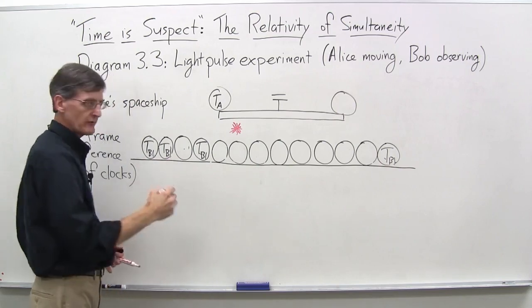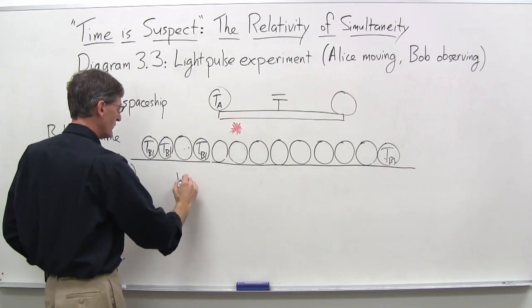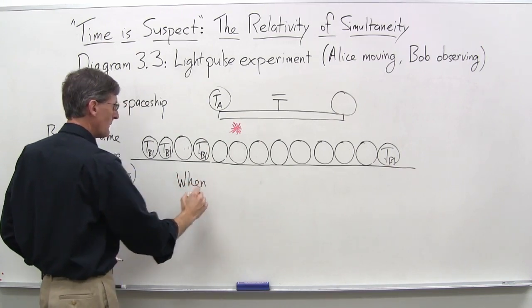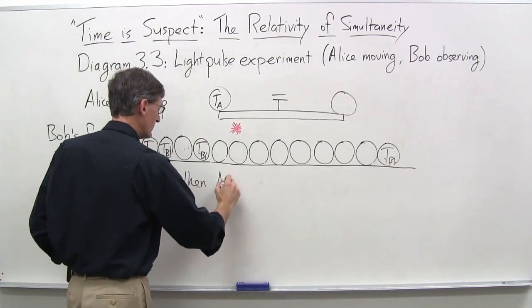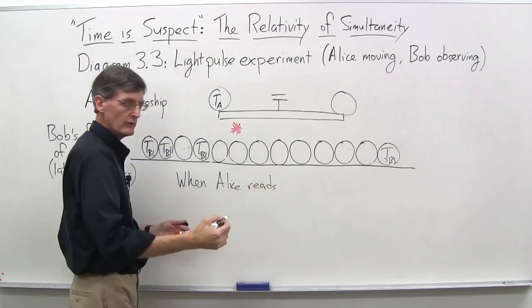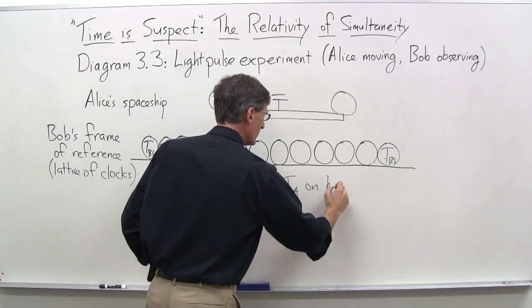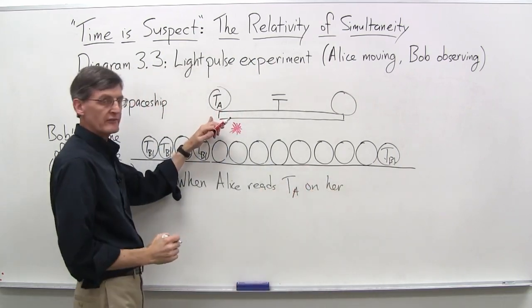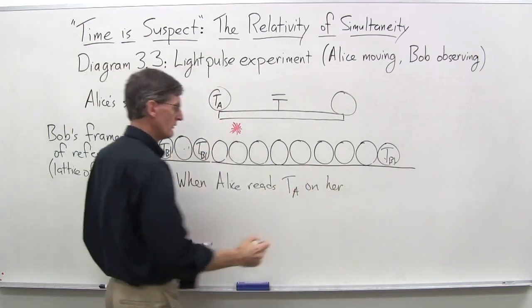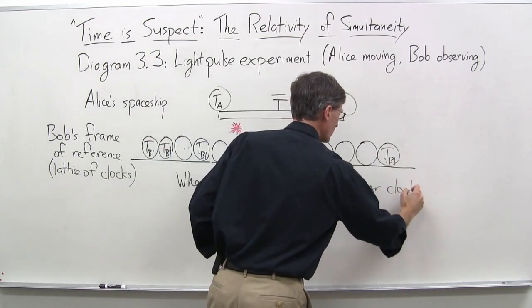So let's just emphasize this point before we finish off 3.3. So when Alice reads or observes T sub A on her rear clock of her spaceship,